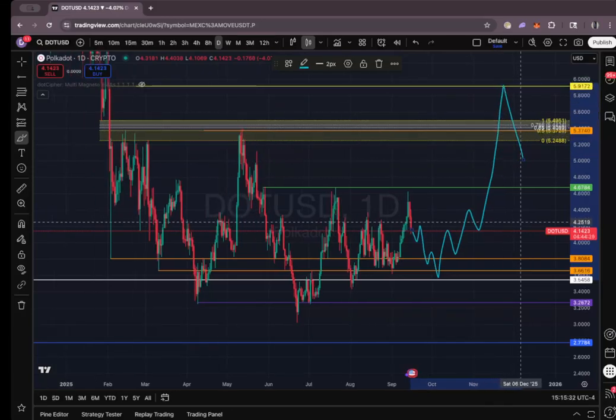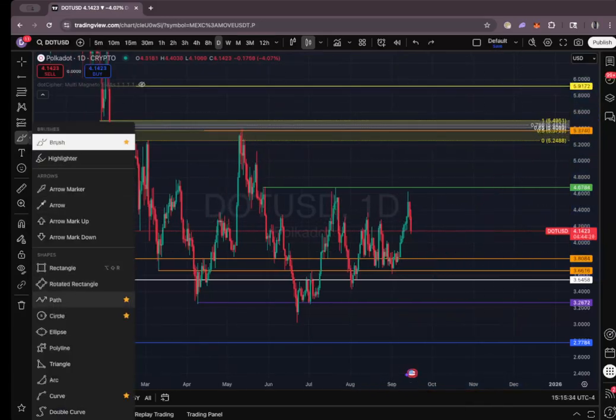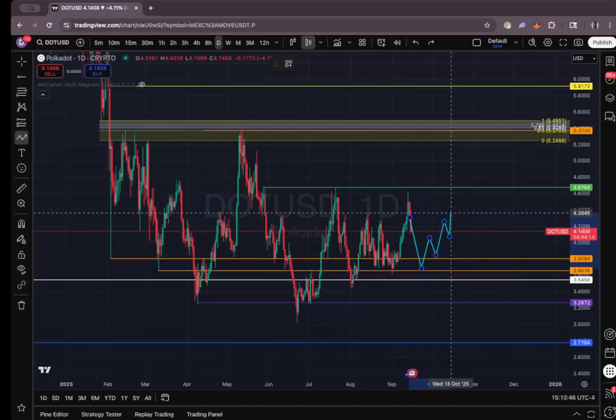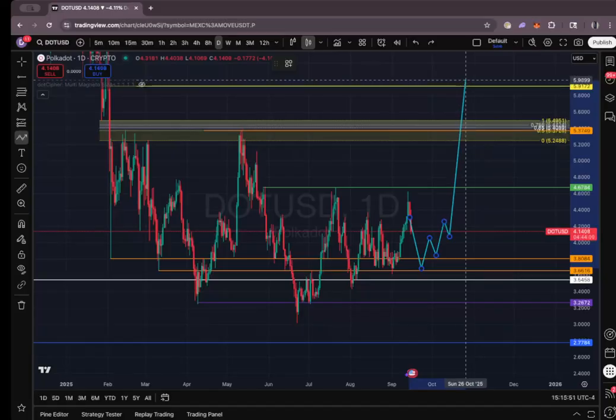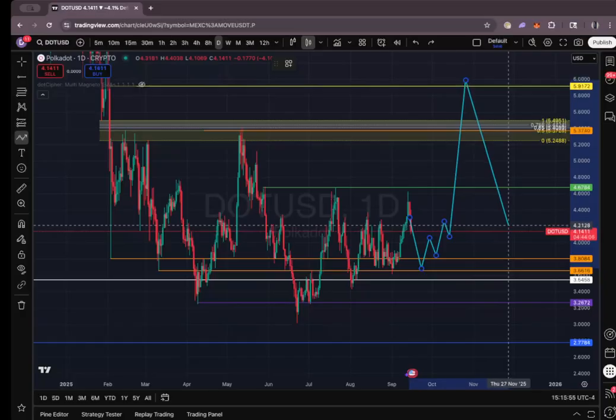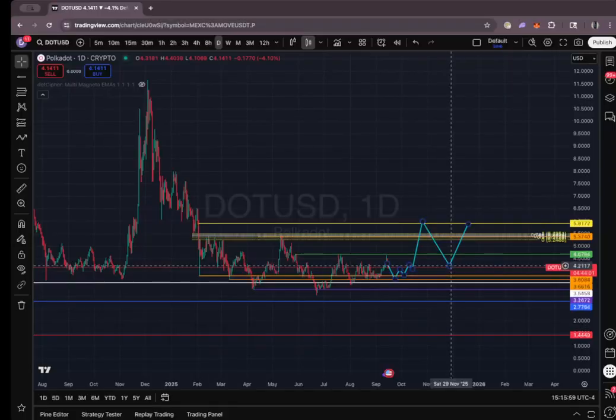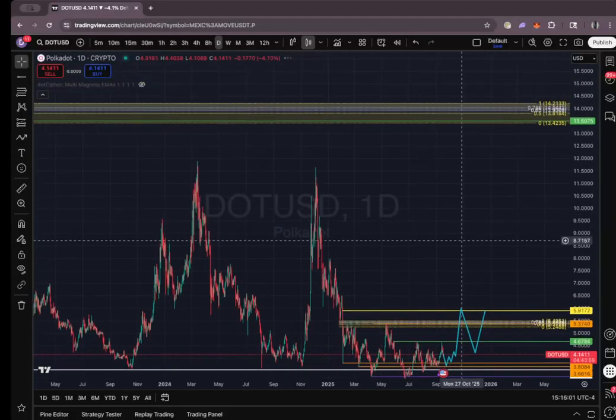So if price continues to push down, I would actually expect to be bullish and break the 5.9 from here. So I'll put this in level, right? Something like somewhere between 3.8 to 3.7, roughly. Reconsolidate, and then straight up to 5.96, and then reconsolidate again to balance. And then the next move will be the weekly, which will basically be the one that goes to 13.